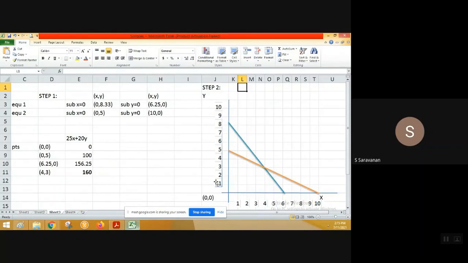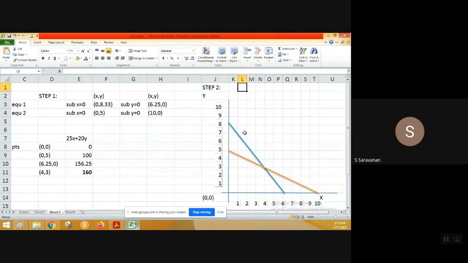When it is less than or equal to, kindly make a note of, the lines can move only towards the origin. If it is greater than or equal to, the lines have to move away from the origin. Please make a note. If it is less than or equal to, the common area will be towards the origin, so that is coming towards 0, 0. If it is greater than or equal to, it will be away from the origin. So it will just move away.